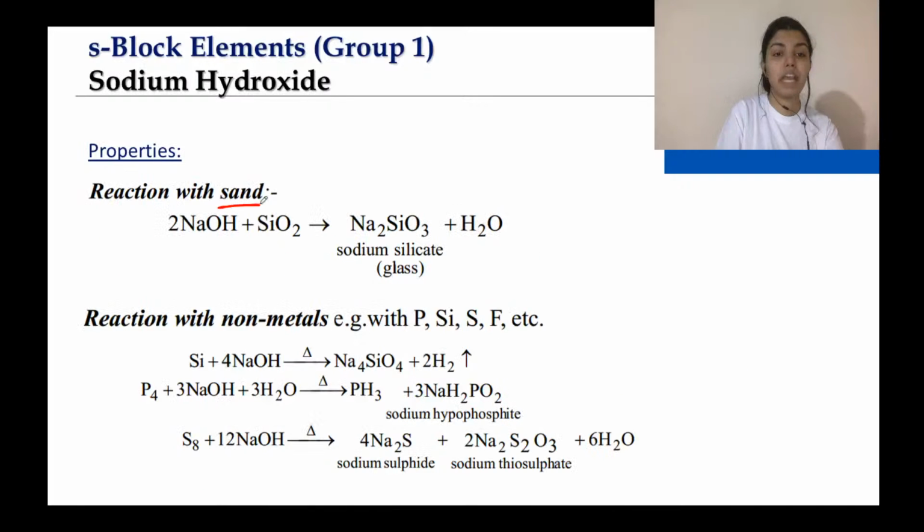Now reaction with sand. Sand is silicon dioxide, SiO2. So NaOH plus SiO2 will give you